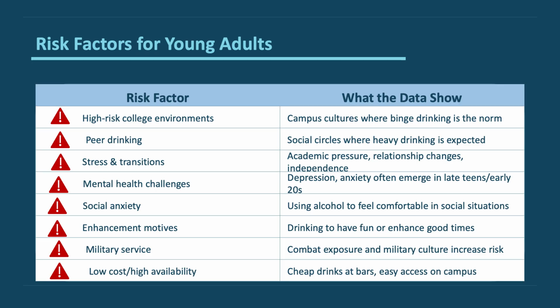And then there's a lot of other supports that can come in and help address some of these additional risk factors. And I just want to point out here that you can see that all of these do have data showing how alcohol is directly tied to these risk factors. But I'm guessing many of you who are in the space of working with different populations know these are also risk factors for mental health issues and other substance use. So a lot of them are not unique. And so addressing one risk factor might help address a number of risk behaviors and is not just focused on alcohol.